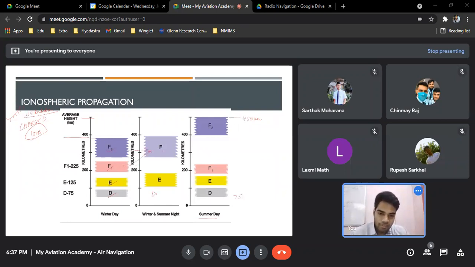The D layer vanishes and I am left with just E layer, because you should understand it's the night. The night does not have the sun shining, so the charged particles are not present. But because there are still some particles which were ionized, so E and F still exist. This is the table you have to remember, because now we're going to discuss how different frequencies, and how do we use our sky waves. Okay.